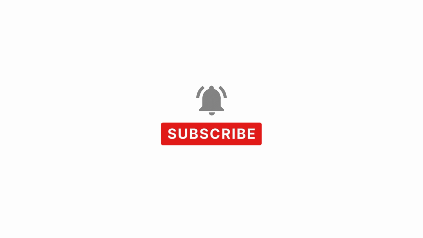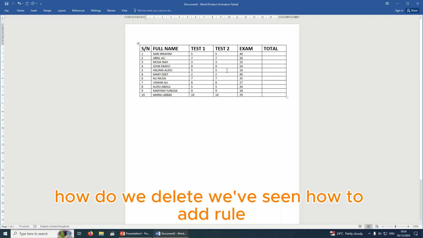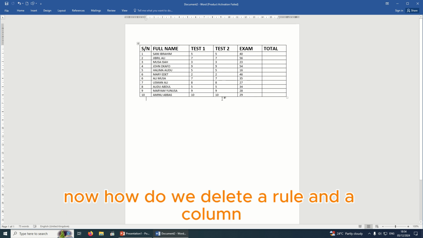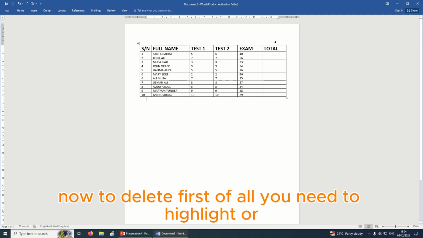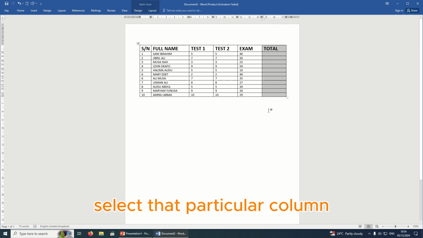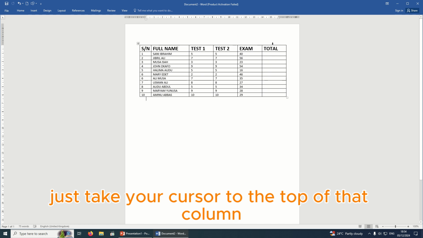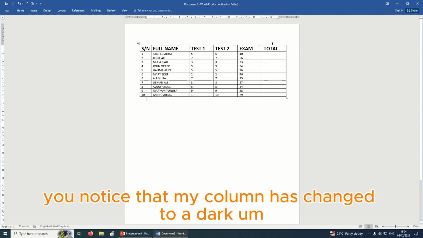So what next? How do we delete? We've seen how to add row. We've also seen how to add column. Now, how do we delete a row and a column? To delete, first of all, you need to highlight or select that particular column that you want to delete. Highlighting is very simple. Just take your cursor to the top of that column. You'll notice that my cursor has changed to a dark